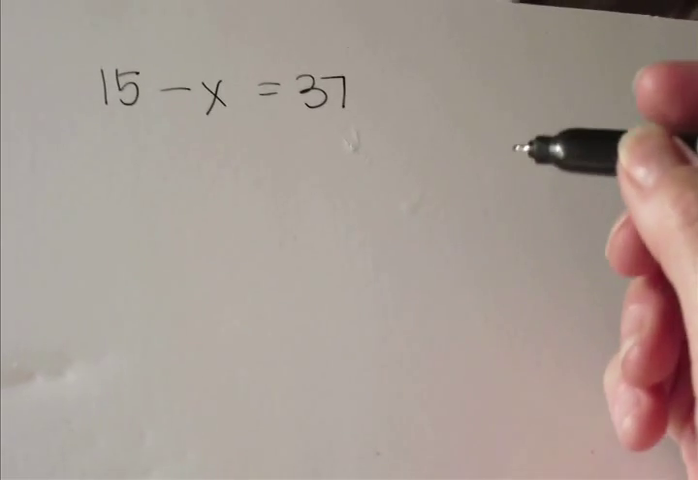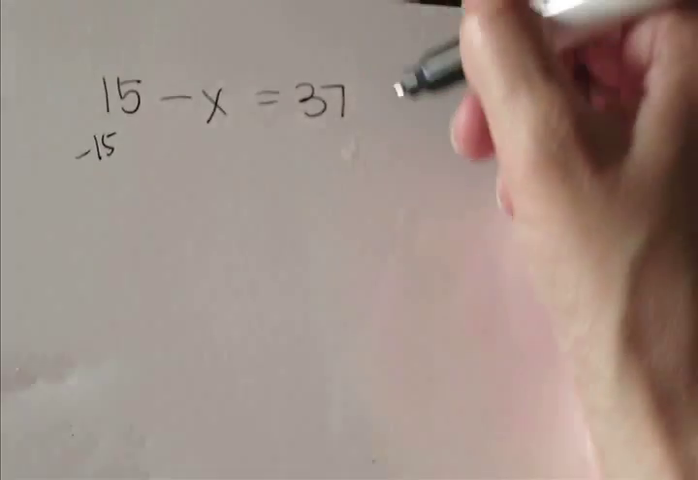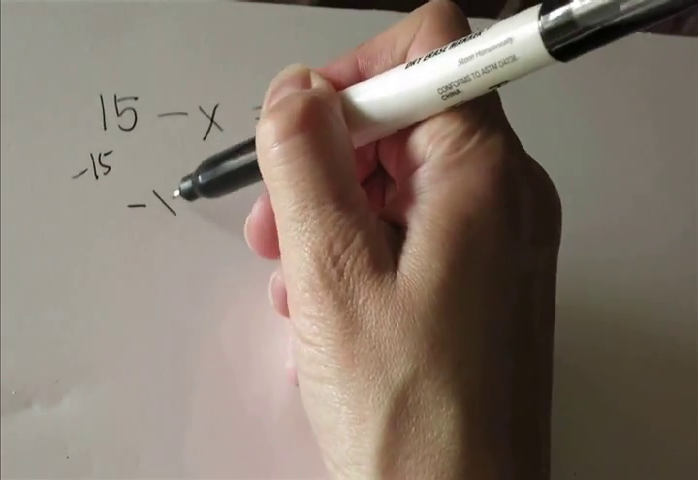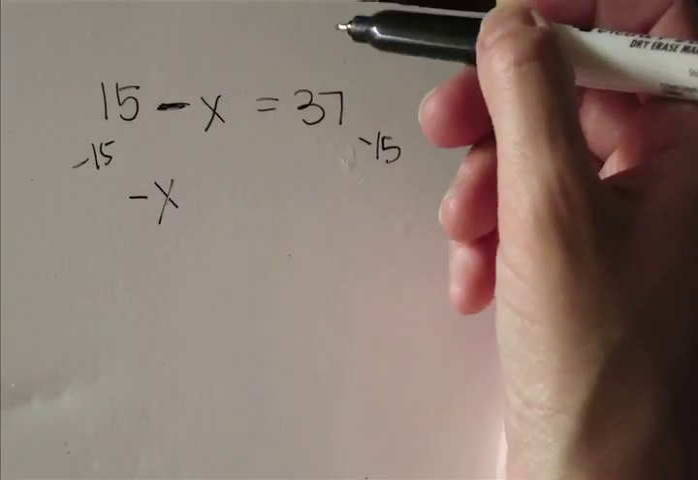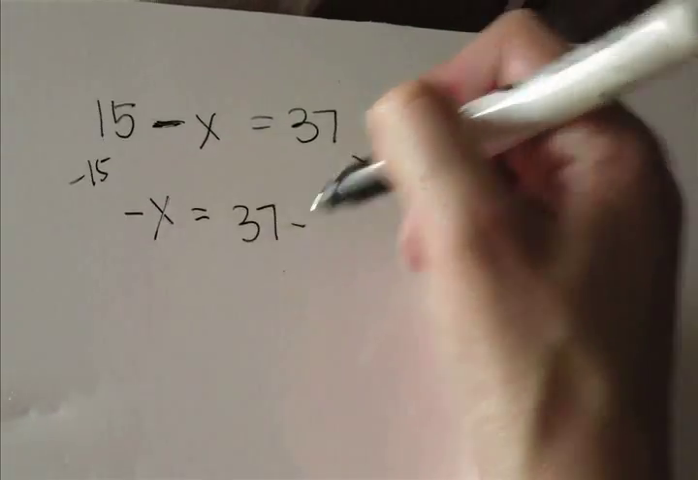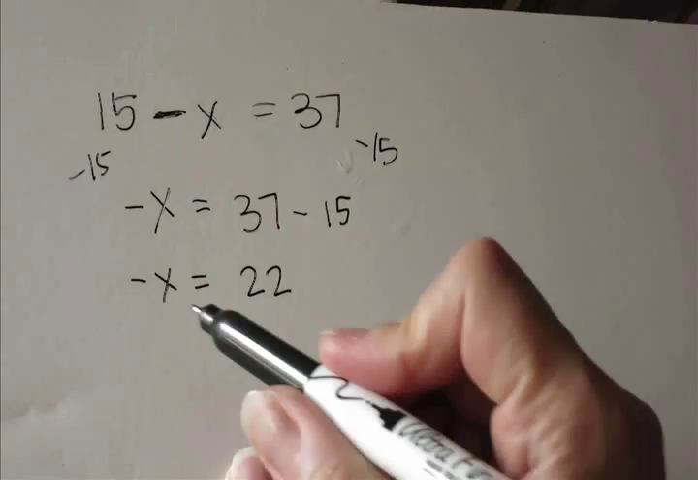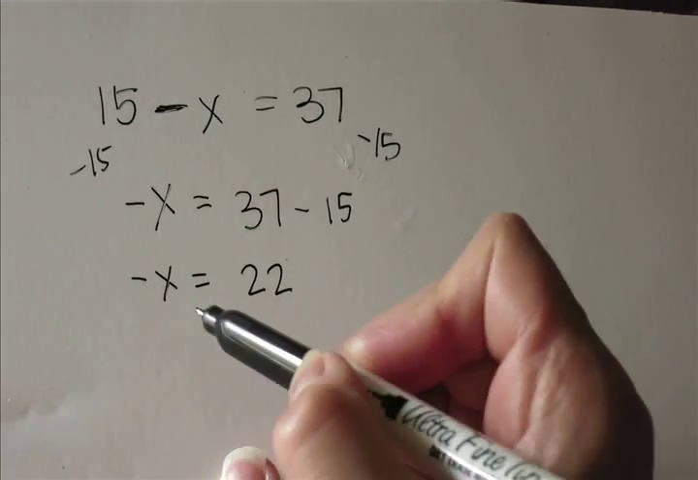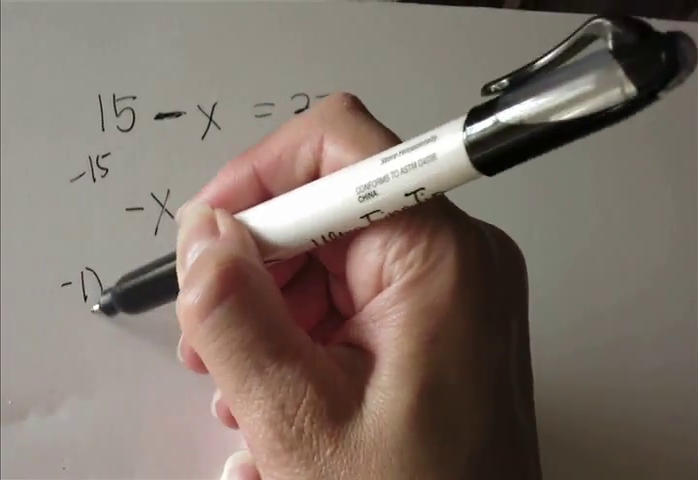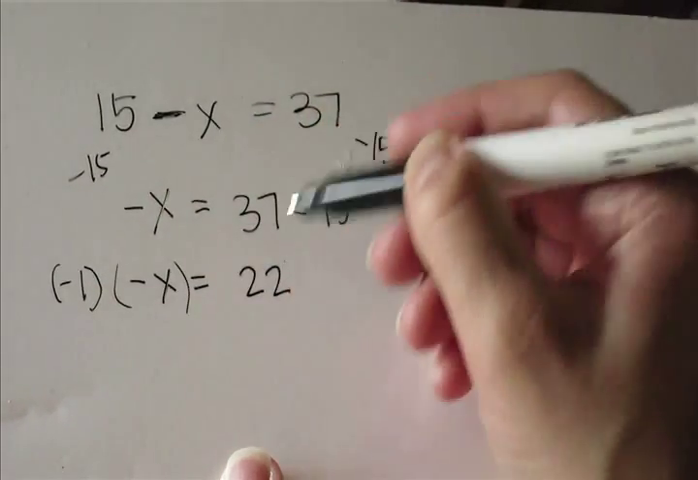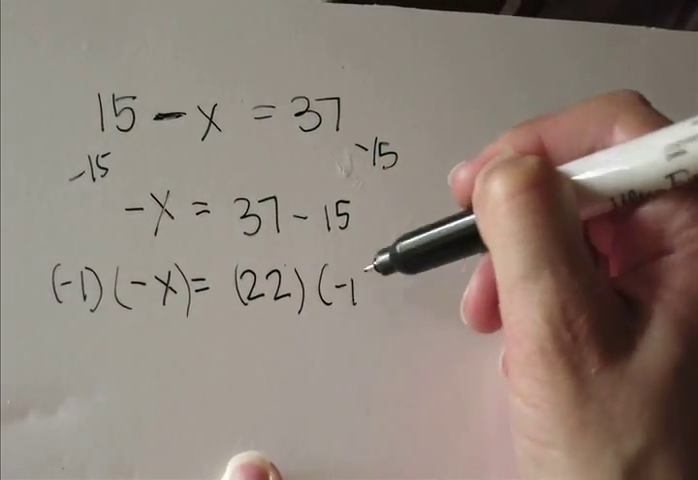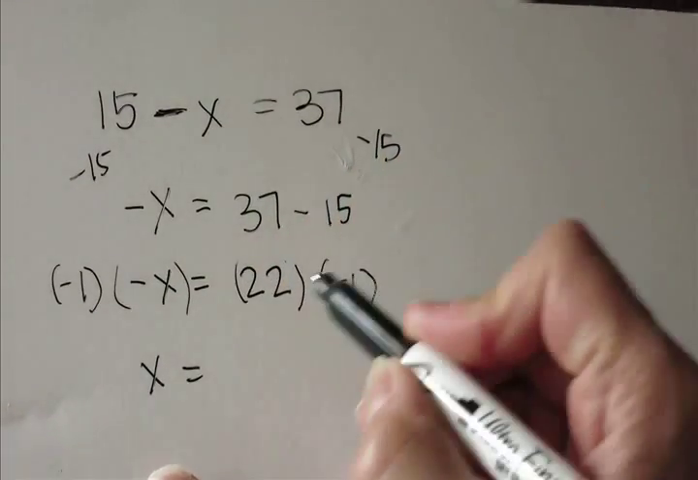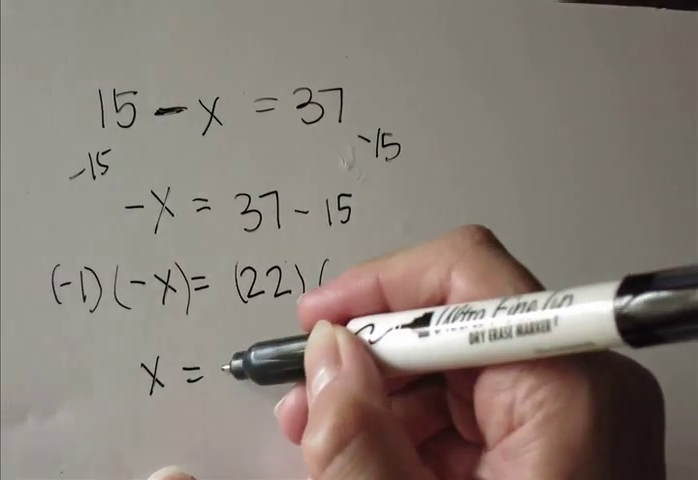The first thing you want to do, minus 15 from each side, which is going to give you negative x because you have the minus sign. 37 minus 15. Negative x equals 22. You don't want it to be negative x, you want it to be x. So you'll just take negative 1 times each side. A negative times a negative is a positive, so you'll have x equals 22 times negative 1, which will give you